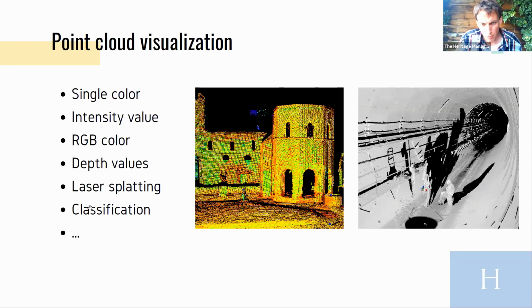So I want to visualize my point cloud as a function of the class that is assigned to each and every point. We can use depth values, the distance from a reference surface or from the scanner itself to the object. RGB values, so just make colored point clouds for visualization, and that's actually what we're going to do tomorrow, or intensity values. So if you want to work with point clouds, most of the time you will have something like that, just simple screenshots, or an interactive viewer in a browser that allows you to have interaction with the